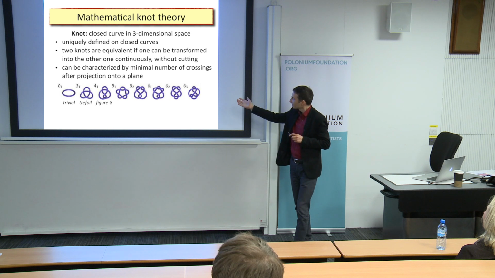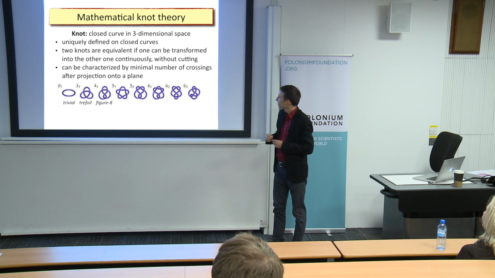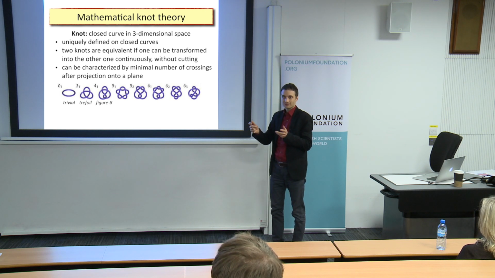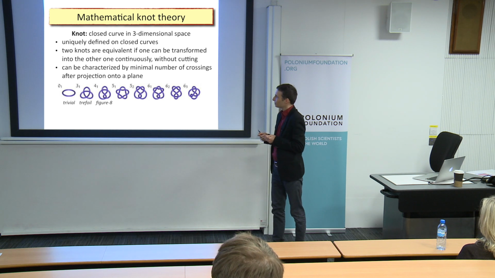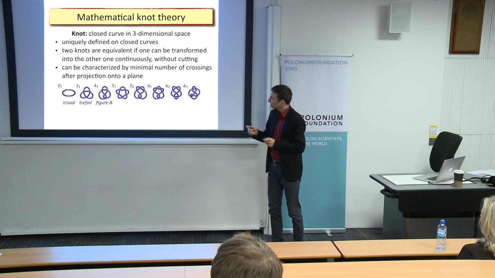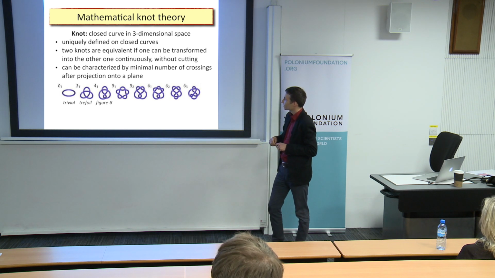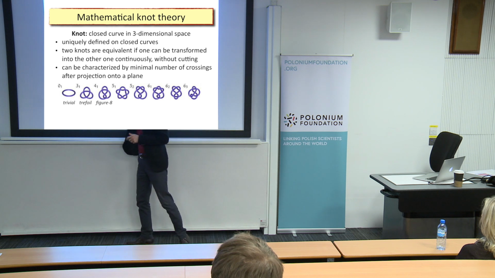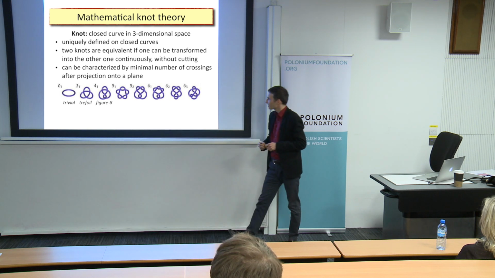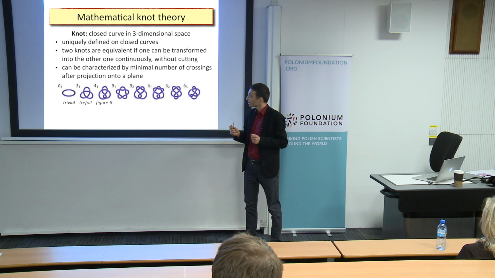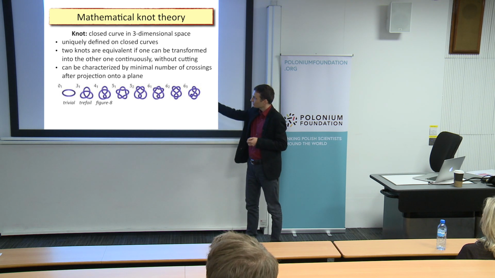And here is a beginning of such a classification in this bottom part. So first of all, this is very convenient to project these knots on a plane. So they are intrinsically three-dimensional, but you can project them on the plane, and then you can always play with them a bit in such a way that you try to minimize the number of crossings which you see after this projection. So of course, the simplest knot, this is also called trivial knot, is this one, just like a loop. It has 0 crossings. If you think for a few moments, you can easily convince yourselves that there are no non-trivial knots with 1 or 2 crossings, because they can be transformed into this trivial knot.